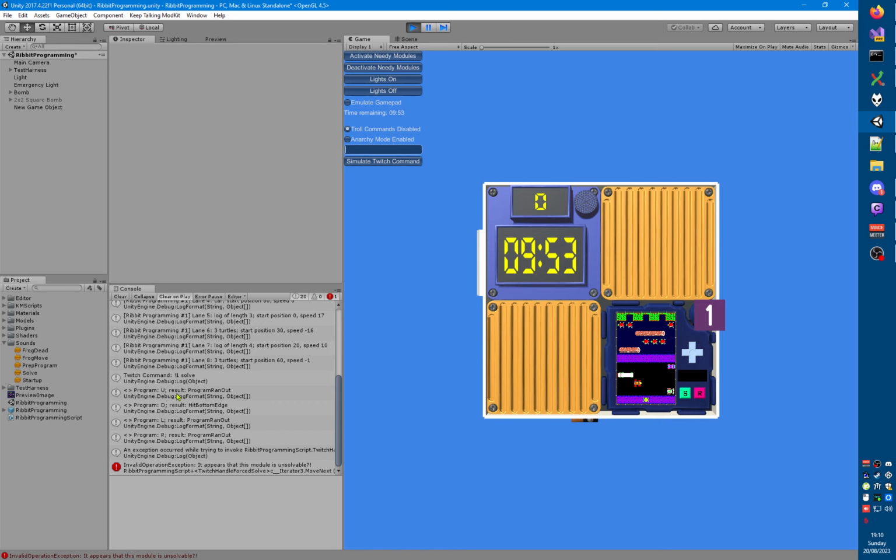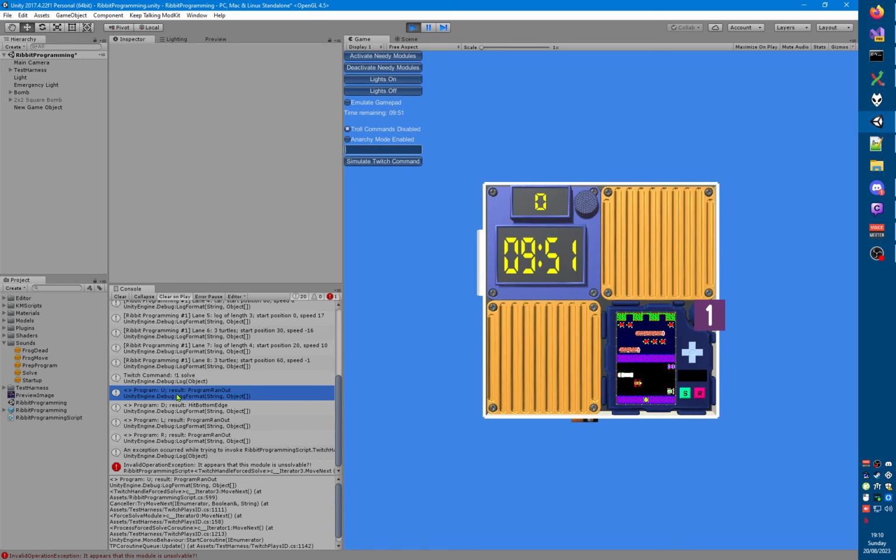Okay. Program ran out. Yeah, okay, that is a fair point. Okay. Hit bottom edge is grid. Okay, so the reason it fails is because it always says program ran out, which is fair because,